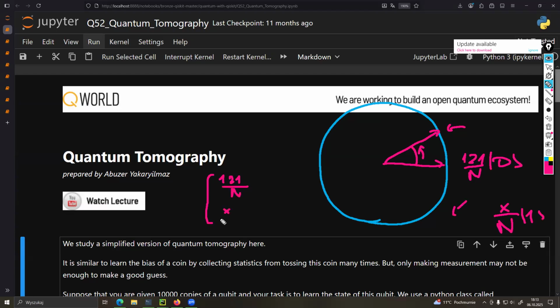This will be x out of n. And then this directly corresponds to cosine of phi, right? I have mentioned, and in the notebooks you have the same formula, that this corresponds to this angle that we applied, right? So that's nice, but